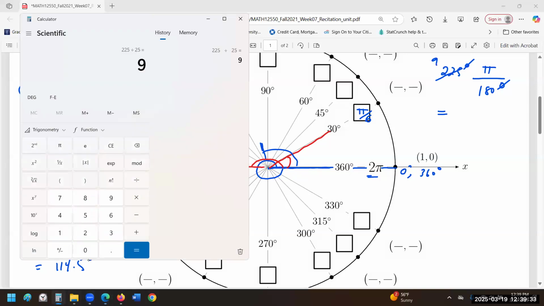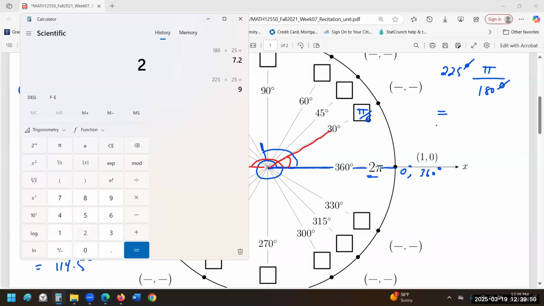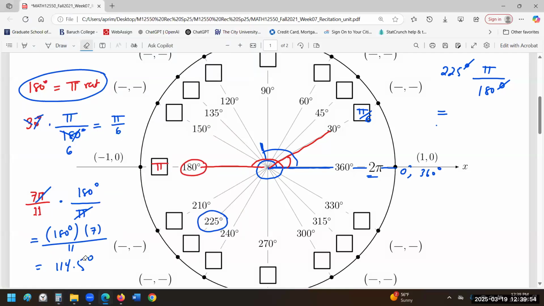And 180 divided by 25. Really? I cannot divide? Oh, man. Okay, never mind. We cannot reduce by 25. So let's say 5. 225 divided by 5 is 45. So we have